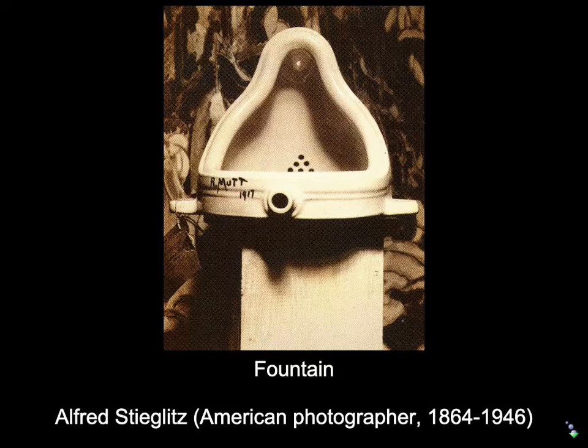When the juror or the group objected that this was not art, Duchamp says, well, it is art because I'm an artist and I've signed and dated it. So you'll notice his signature, R. Mutt. That's one of his pseudonyms. And of course, a mutt references a dog that is not a purebred, maybe a mangy, scroungy dog. And you all know what mutts do as they run around the alleyways of a city. They lift their leg and mark or pee everywhere in order to stake out their territory. So we have a scroungy dog peeing on things, referencing men peeing in a urinal, referencing the high tradition of European idealized art.